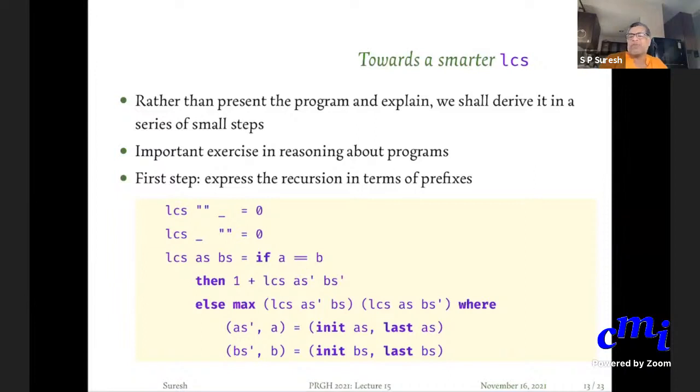So rather than checking, so what am I doing? Rather than testing whether first two characters are equal and then making a decision, I'm checking whether last two characters are equal. If last two characters are equal, then I'll add the last character as belonging to the common sequence, and then I will only look at the prefixes. Okay, the init portions. So rather than split your list as head and tail, I am splitting it as init and last. Is this clear? Yes. Rather than programming based on the first character in both strings, I am programming based on the last character in both strings. Okay, great.